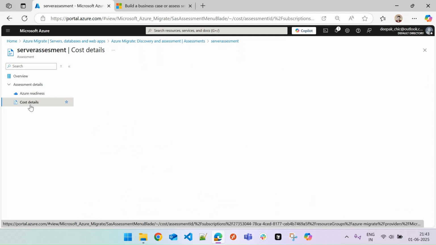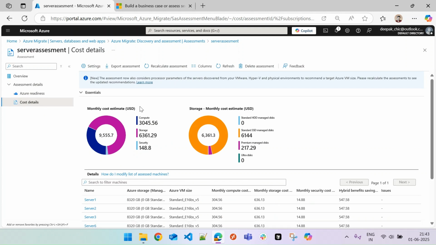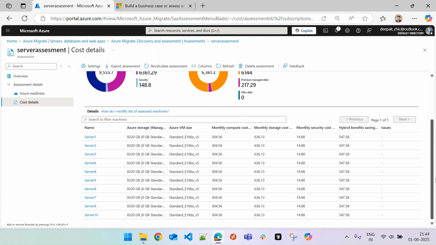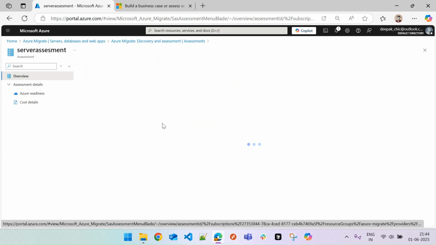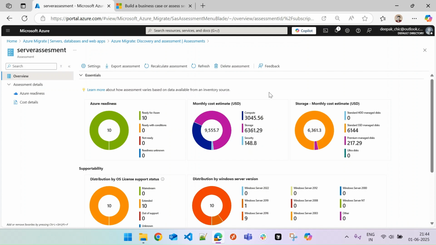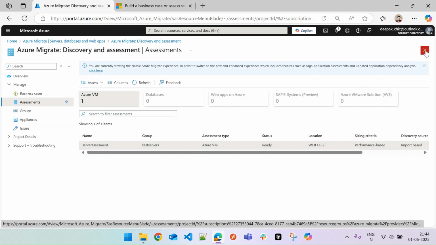If you click on cost details, as you can see on the summary or overview page, the same cost estimation is here for the different servers. So this is the breakdown for each and every server's cost. Click back to overview. All right, now going back to the main page,